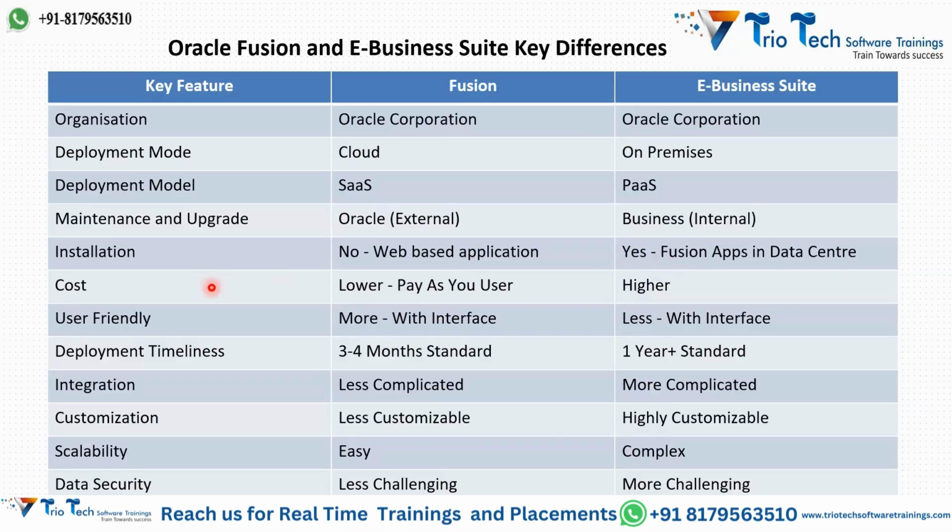Now, the next part here is one of the very important parts, which is cost. Now, this is more in terms of the business users who are using this product. So cost here is lower, as the mechanism used in Oracle Fusion is pay as you use, meaning whatever features and functionality you are using, you need to pay only for those functionalities. Whereas in the previous version, the cost was pretty much higher,